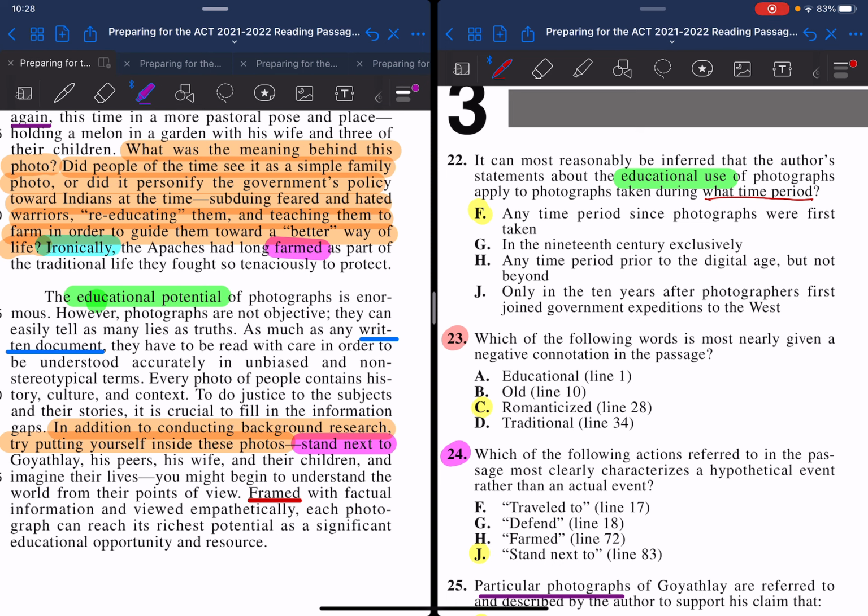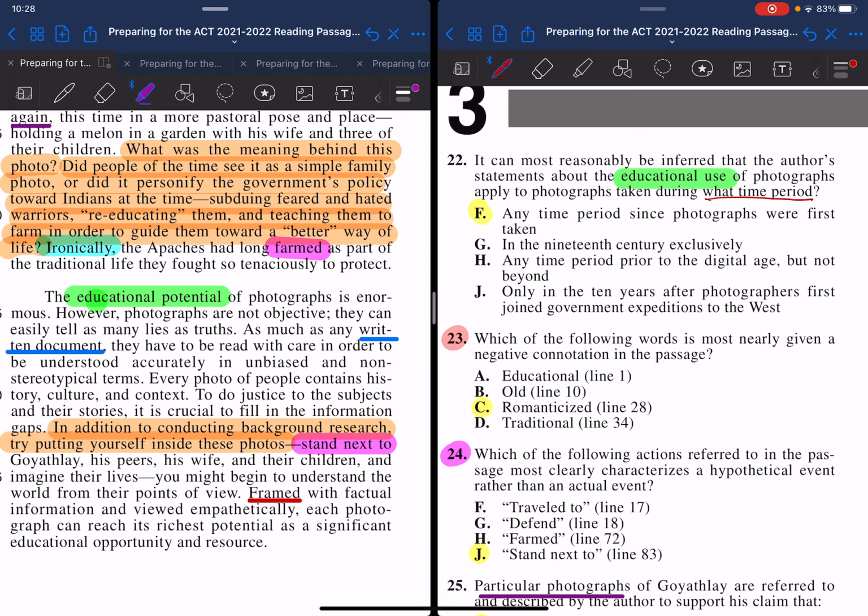Sorry, it mentions the date here for this first one, but it doesn't mention the date for this last one in particular. And so the general spirit of talking about these is talking about having an accurate understanding, knowing the circumstances and knowing why they were doing what they were doing. So the best answer here is letter A, especially considering the rhetorical techniques we talked about in question 21,